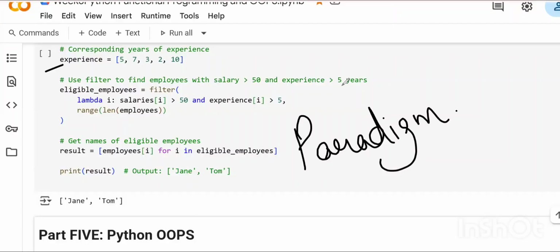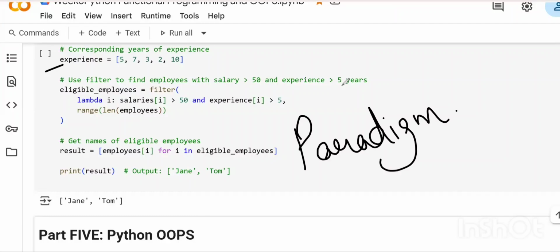Or in linguistics, it means a set of related forms of a word that follows a pattern. In any way, what does it mean? Pattern. A way of doing something. A framework, a practice that defines how problems are understood and solved using the concepts.